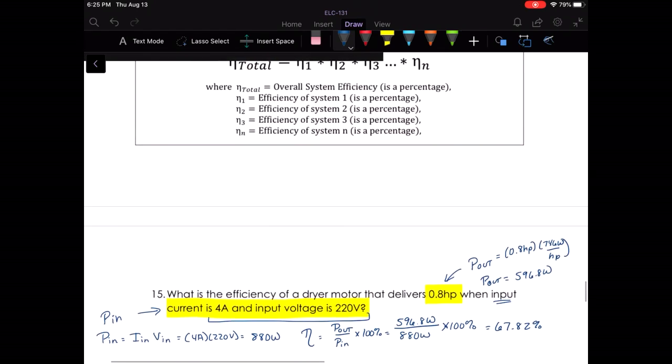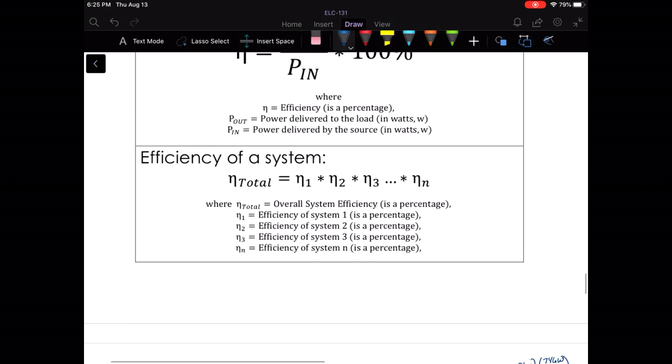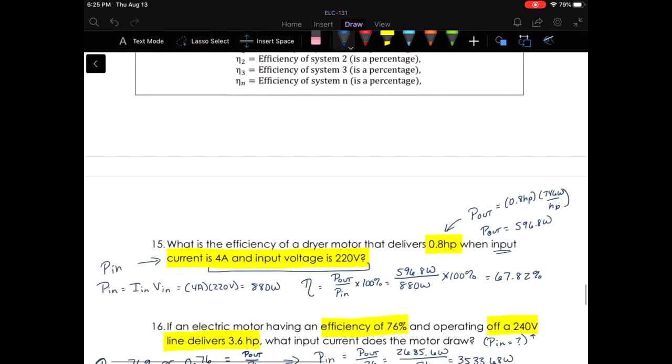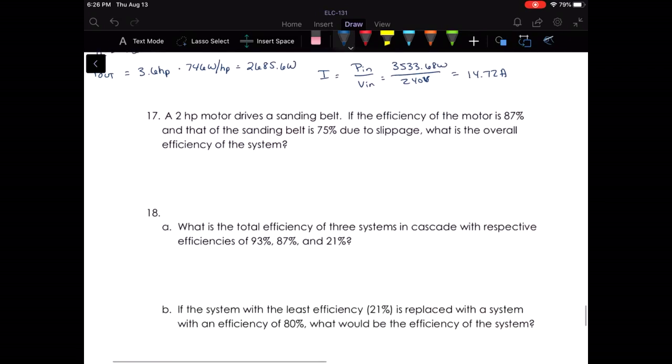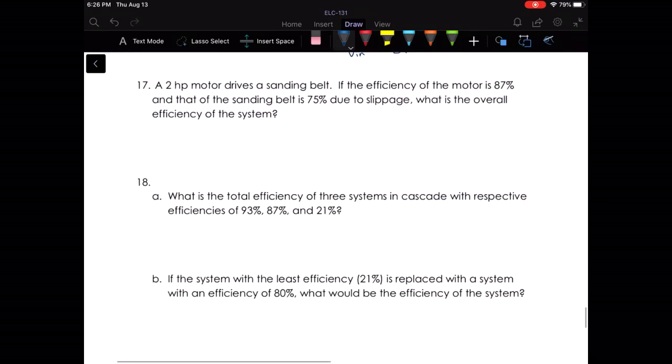Now let's talk about total efficiency of a system. Efficiency of a system is going to be the efficiencies multiplied throughout the system. So let me show you kind of how that works. We have a 2 horsepower motor that drives a sanding belt. And if the efficiency of the motor is 87% and that of the sanding belt is 75%, what is the